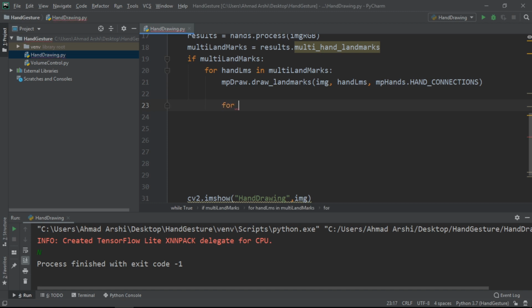So we will go for landmarks in hand LMS, and this hand LMS that we are referring to, for each iteration it will provide us with each hand, and right now we only have one hand, so we are referring to that, and for that hand we want to get the landmarks. So we will go for landmarks. And actually let's just enumerate on it so that we get the index as well. I just wanted to show you something. So enumerate, and let's just go for getting the index